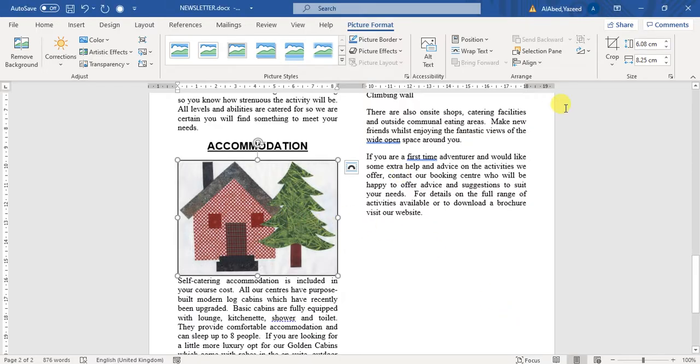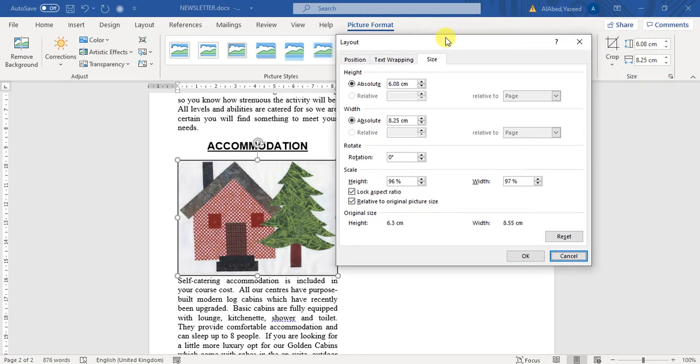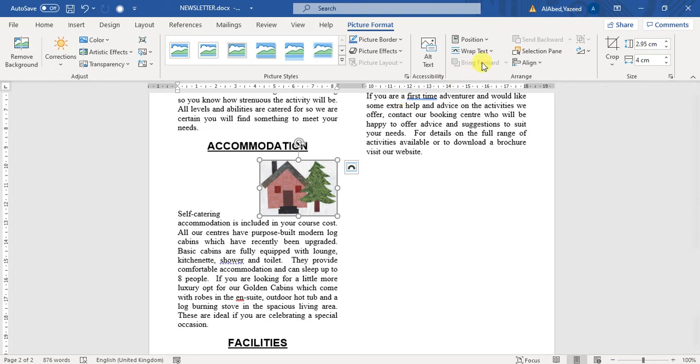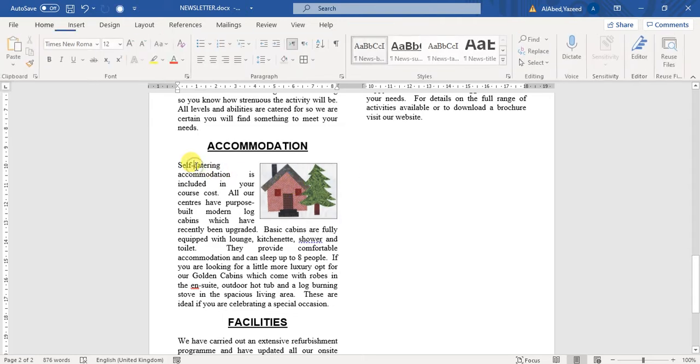Now the size. It is by default keeping aspect ratio, and this is the proof. Lock aspect ratio is done, so you can just fix it from here or from here. Now we want the width to be 4 centimeters, keeping aspect ratio. Now I want it to the right, text wrap tight. So it will be within the paragraph